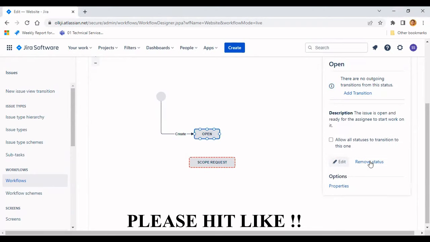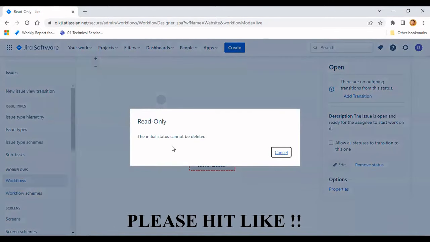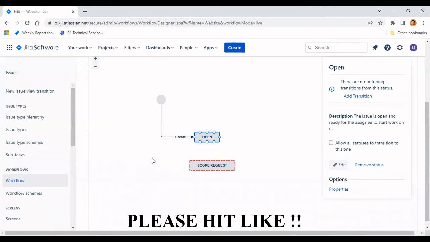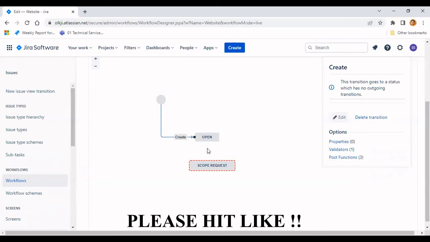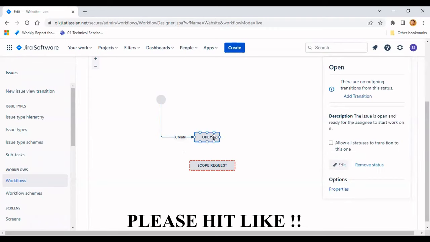If you want to remove this, it will throw some error. The initial status cannot be deleted, right? So what's the workaround? If you try to map this particular workflow over here, it also will not going to work. So what's the workaround? We will try to add this one